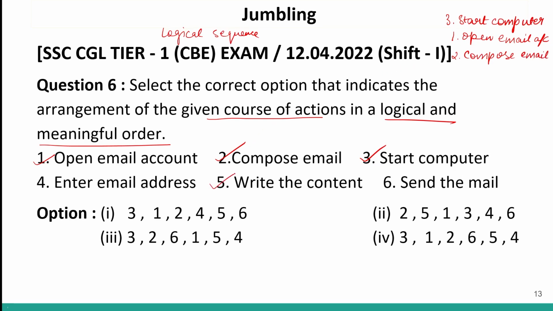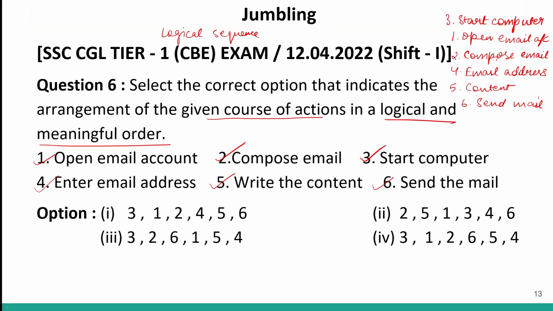After we have composed our email, we will write our content, or we will enter the email address to which we are writing. Then we will write the content and then we will send the mail. So what we did, we first started the computer, then you open your email account, then you click on compose